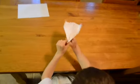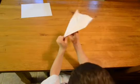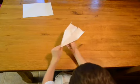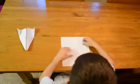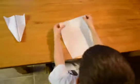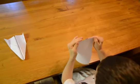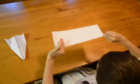Okay, so today we will be making one of these paper aircrafts. It flies amazingly well and far. First, you take an ordinary sheet of printer paper, fold it in half, lengthwise,